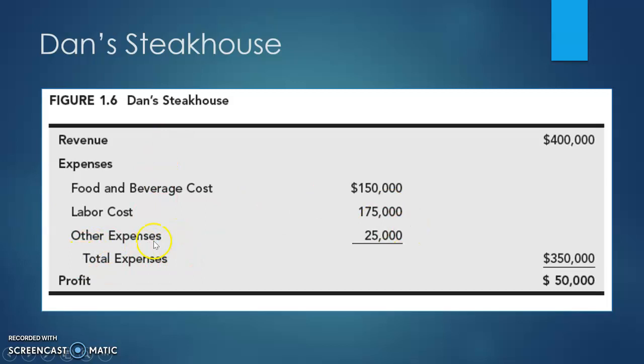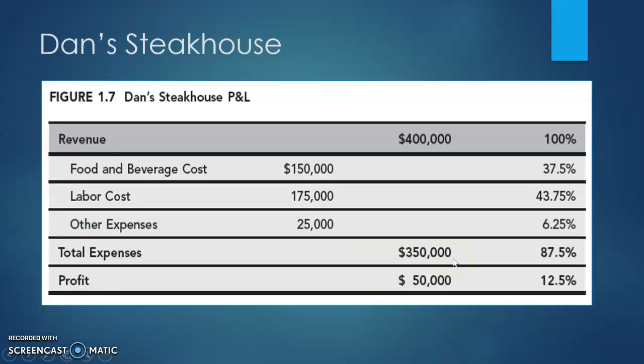And then we're going to total up these expenses. So these 3, if we add them up, that's going to add up to $350,000. And we're going to look at the revenue, and we're going to subtract the expenses. And then he's going to come out with a profit of $50,000. This is the simplest way to look at it, but it's just giving you an example of how we actually look at the profit and loss statements.